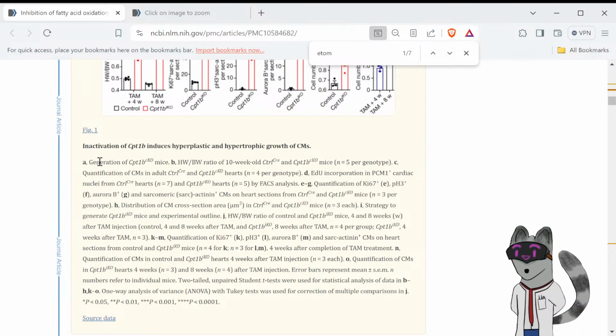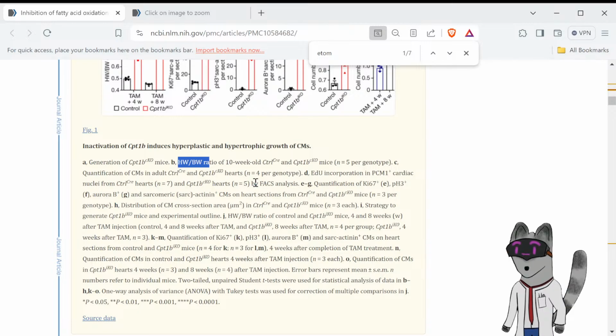So this is how they generated the knockout mouse. Here is the HW-BW ratio for the 10-week-old Cre mice, which are the control mice. Oh, they used the Cre line. Okay, so Cre mice. There are many different strains of mice. I guess I should probably preface that first. There are many, many different strains of mice, and the reason why is because they all...